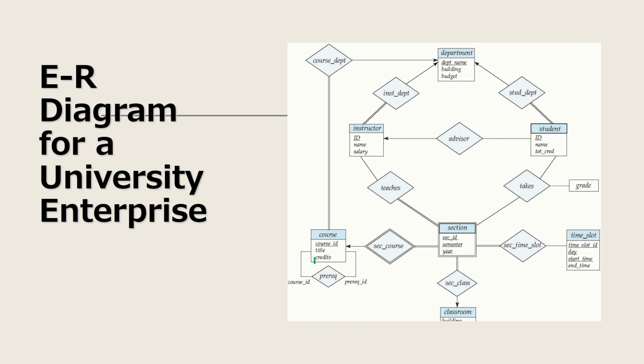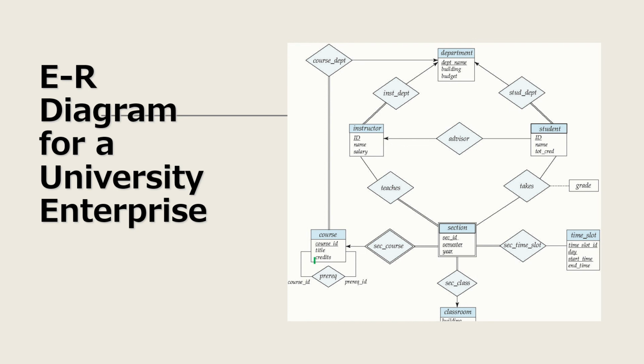your first task will be to identify each and every entity set in that particular enterprise. For example, here we can see an ER diagram for a university enterprise. Whenever we are considering any university, we know that course will be there, which is an entity set. Then department will be there, which may be another entity set. Instructor will be there, student will be there, then section, time slot, and classroom will be there. So normally these are the most commonly used entity sets